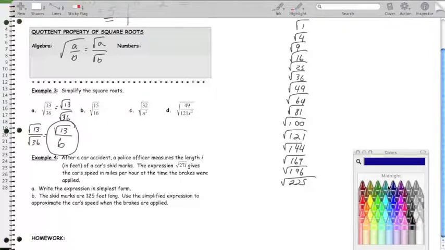All right, let's try letter B. I'm going to give each of the numerator and denominator their own little homes. They each get their own little house. Square root of 15 over the square root of 16. Square root of 15. In my list, 9 does not divide into it evenly. 4 does not divide into it evenly. If I get to the 1, then I realize that that can't be reduced any further. It just stays underneath the square root symbol. Then I take a look. The square root of 16 is one that I know. Square root of 16 is 4. That's it. That one can't